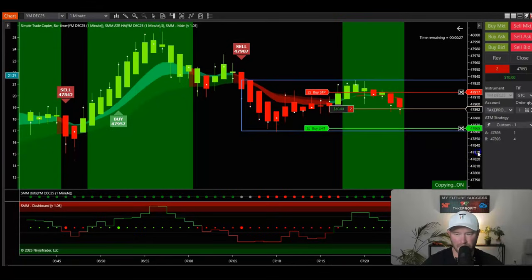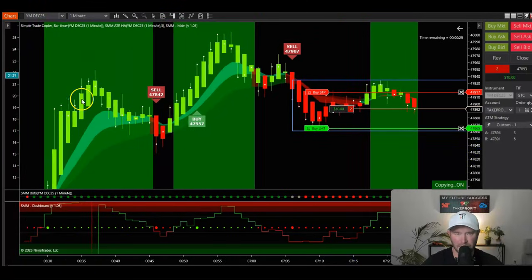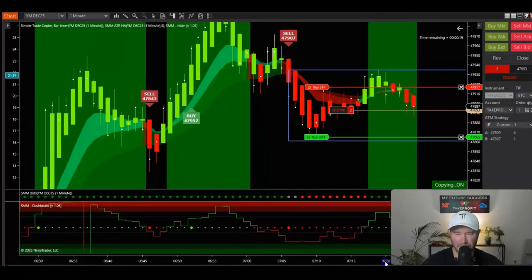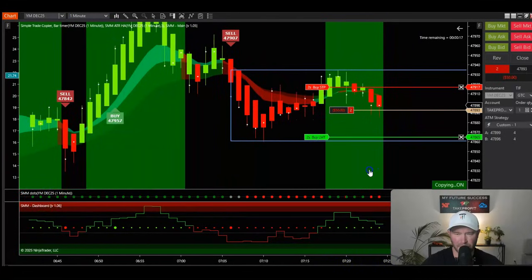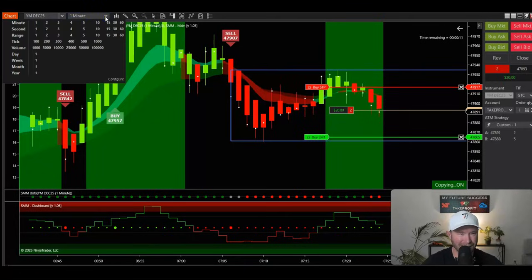I still like this pattern overall. You guys can see this. This is that big overall pattern making a lower high overall. This is where I want to see that push. If it ends up coming up the other direction, I'd be really surprised, but you know what? Anything can happen in this market. We know how that works, you know, right, guys?